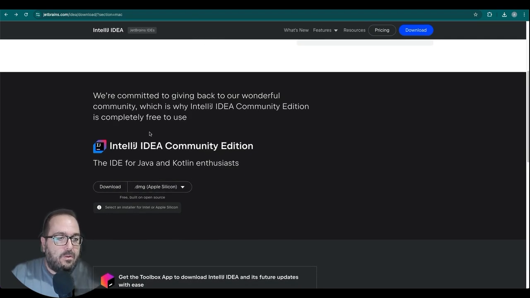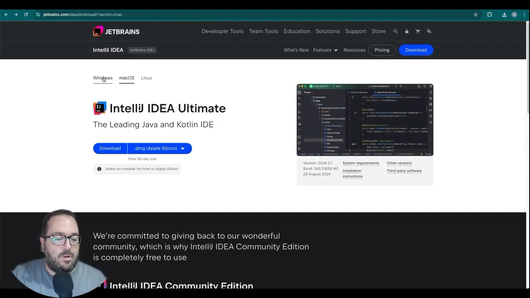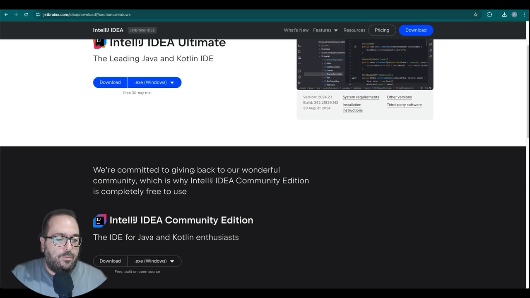If you are on a Mac, you will see the option to download the DMG file for Apple Silicon. But if you are using an Intel chip, you can switch to the Intel one. If you are on a Windows machine, you are probably already focused on the Windows tab, where you can download the installation file and just follow the wizard.